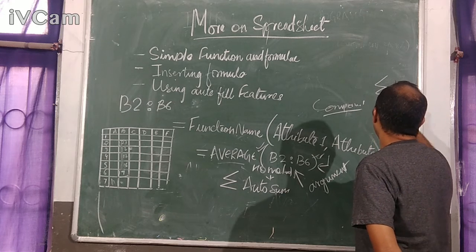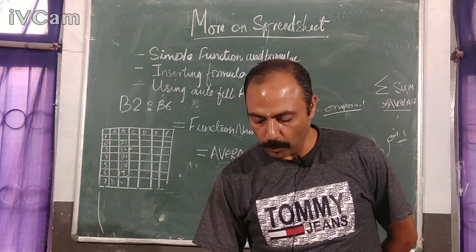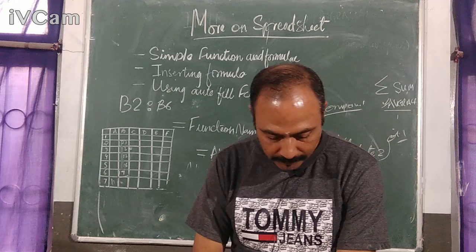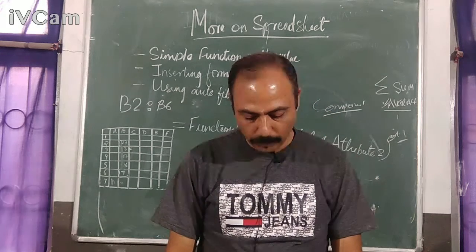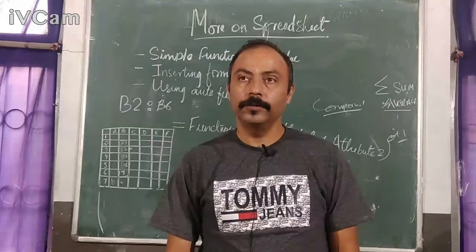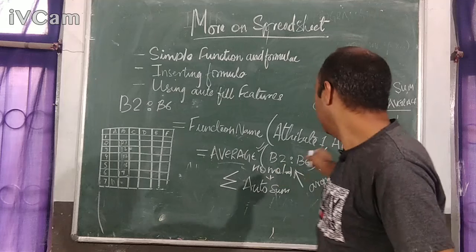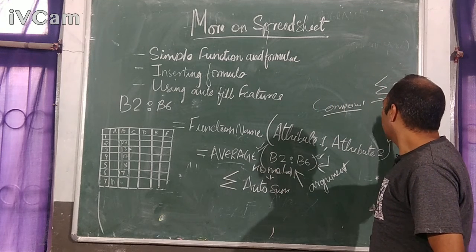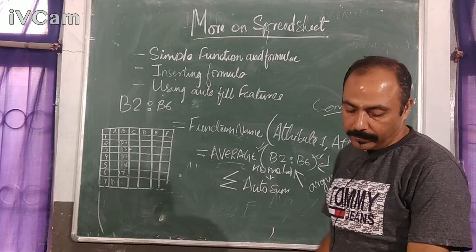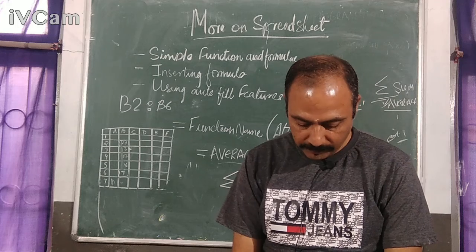If I need the average function, I select it, and it gives me two boxes for number 1 and number 2. You enter those and click OK, and the output is given automatically. This is how we use AutoSum to get the result of a function. There are different types of functions you can try.